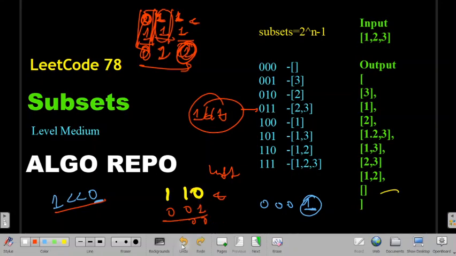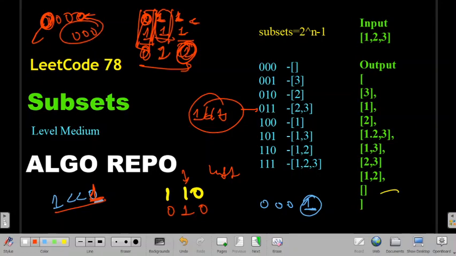In the same way, for finding this digit, I'll do left shift of 1. So when I do left shift of 1, what will happen? If this is 0 0 1, when I do left shift, the last bit gets removed and one new 0 is inserted, so we get 0 1 0.